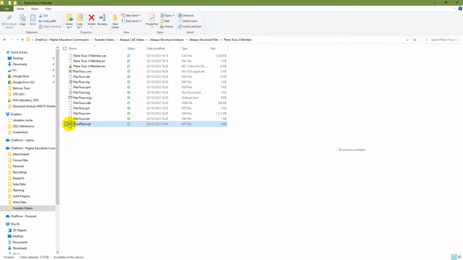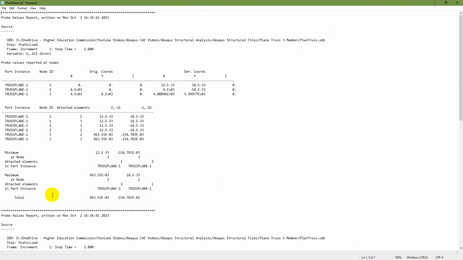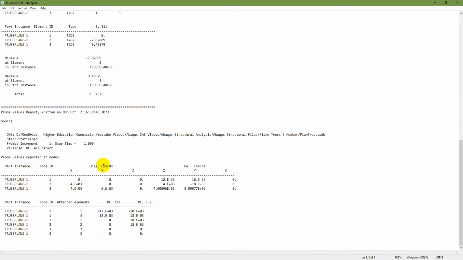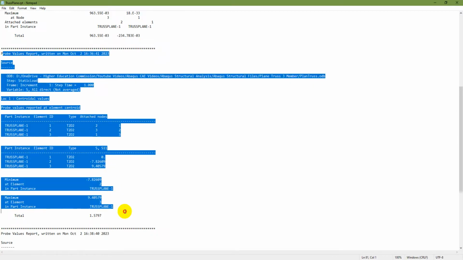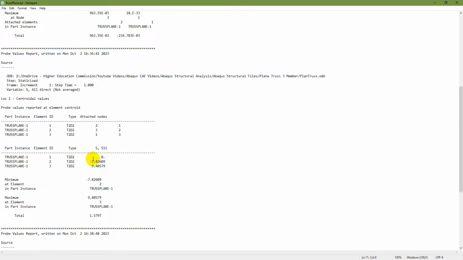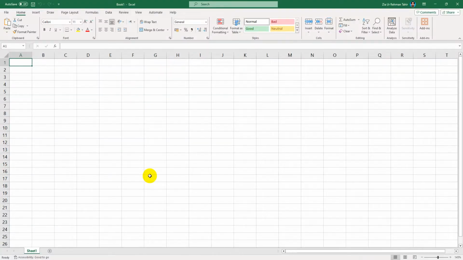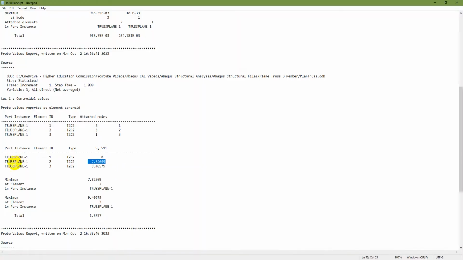So what we have here, you can see that. Here the second one, this report is written, and these are the stresses and these are the values of stresses. So I am going to import that file in Excel, and then I calculate the axial force. I have opened a new Excel sheet, so I'm going to just copy the stuff from there